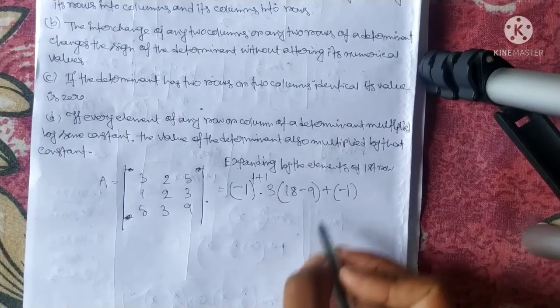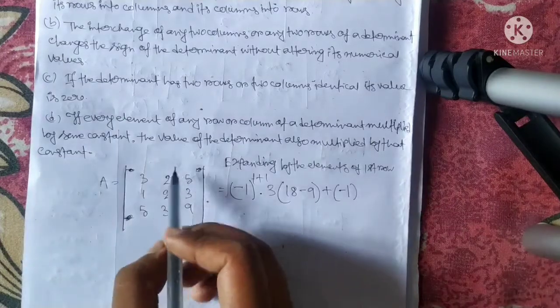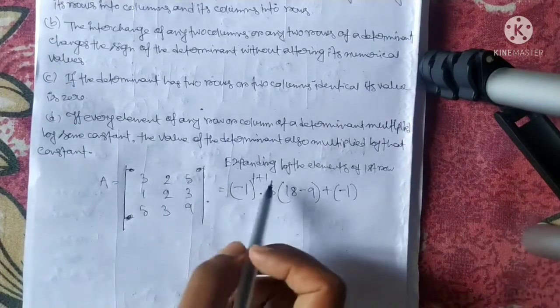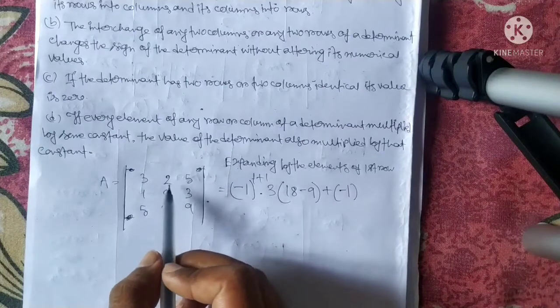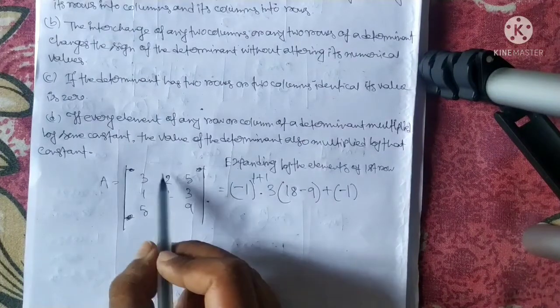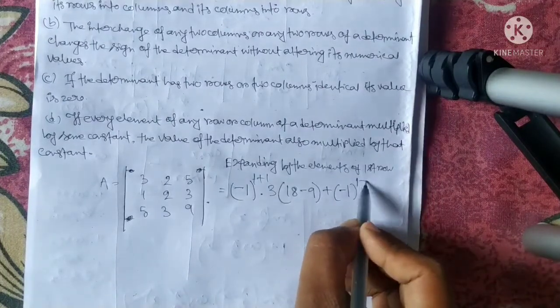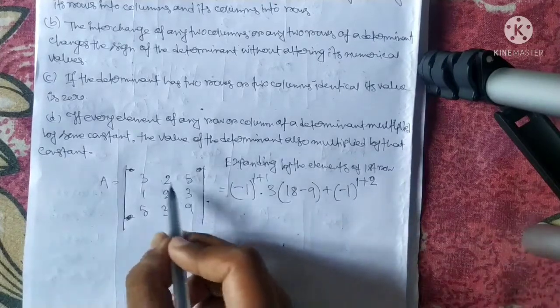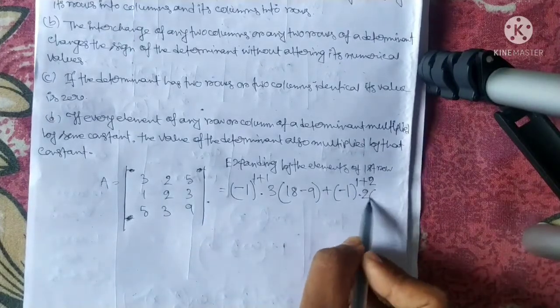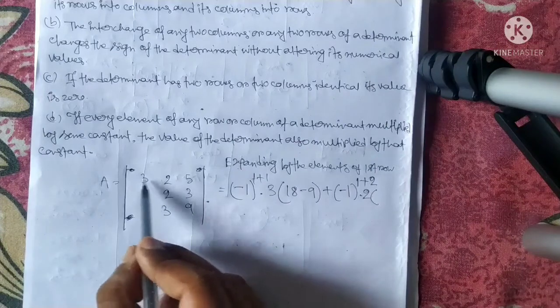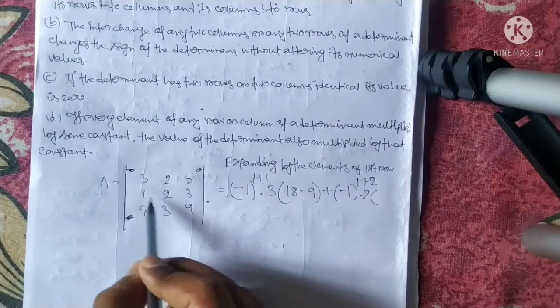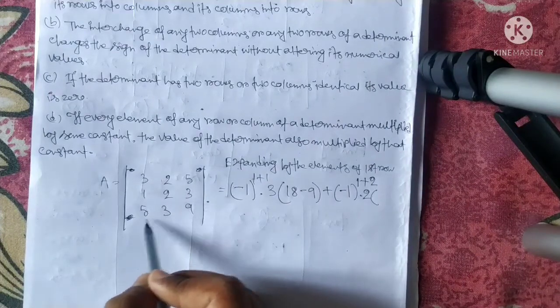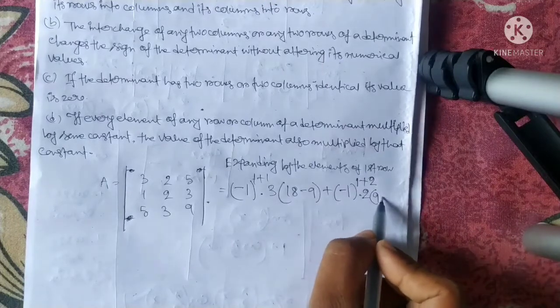So let us start. This is the first row and second column, so this will become -1 to the power 1 plus 2, into 2, eliminating this row and this column: 1 3 5 9, so 9 ones are 9, minus 5 3s are 15,